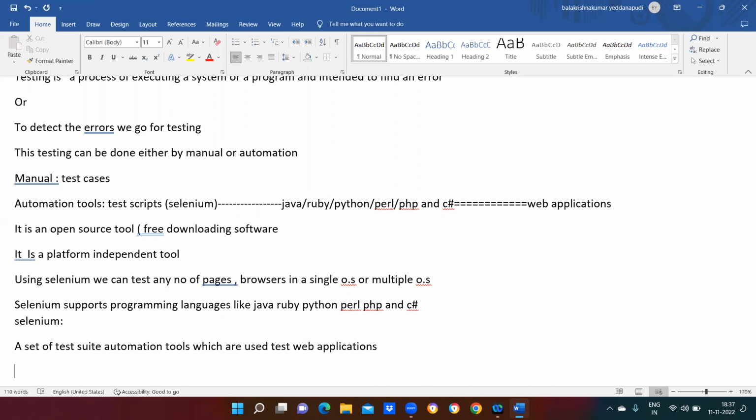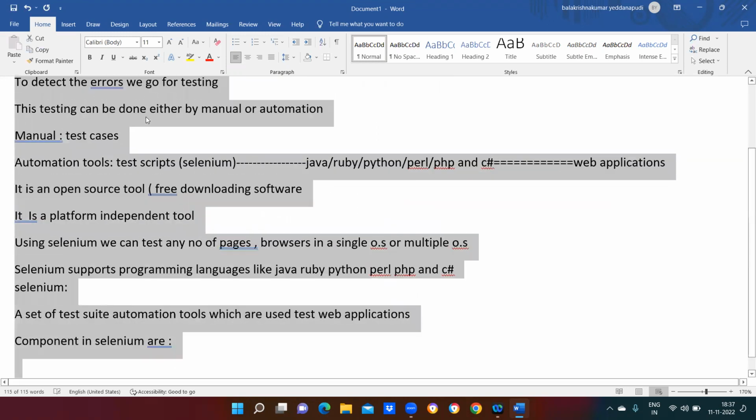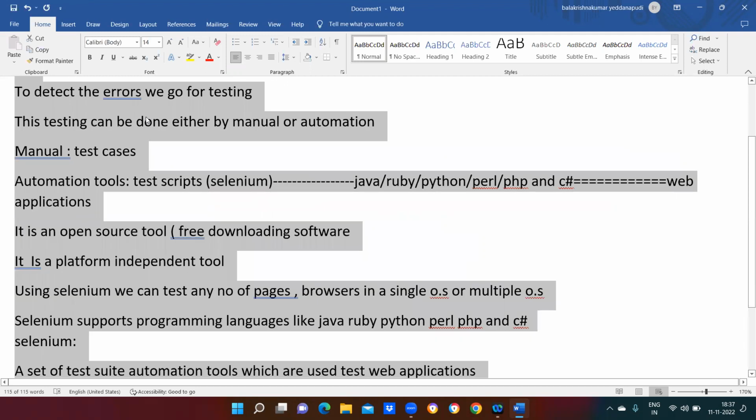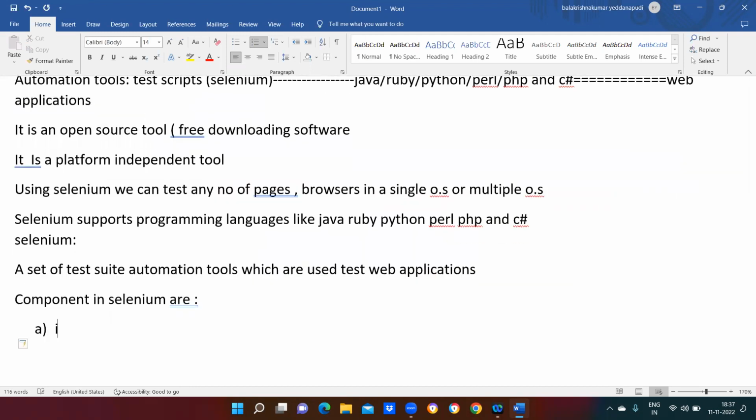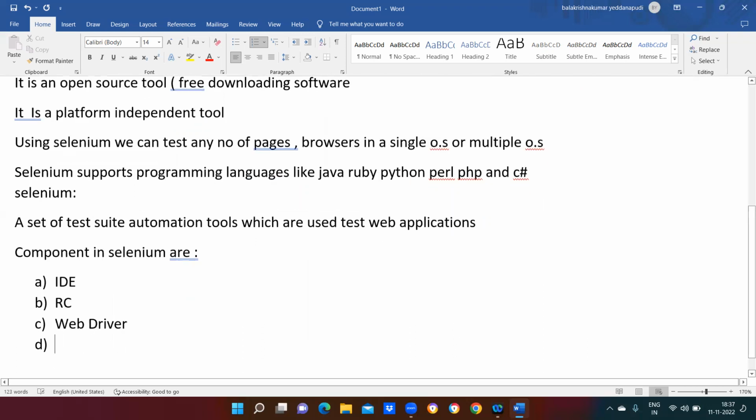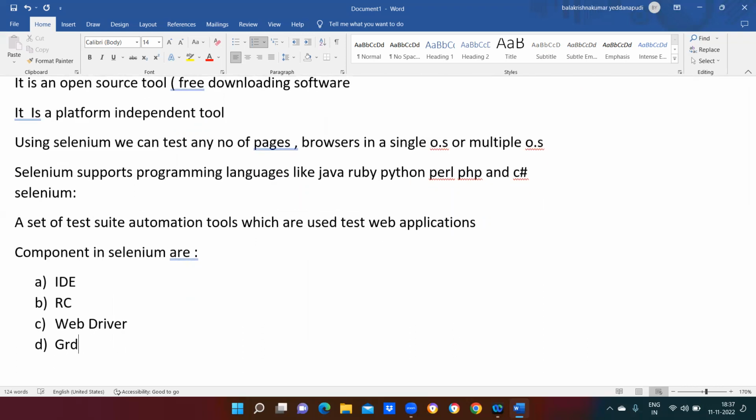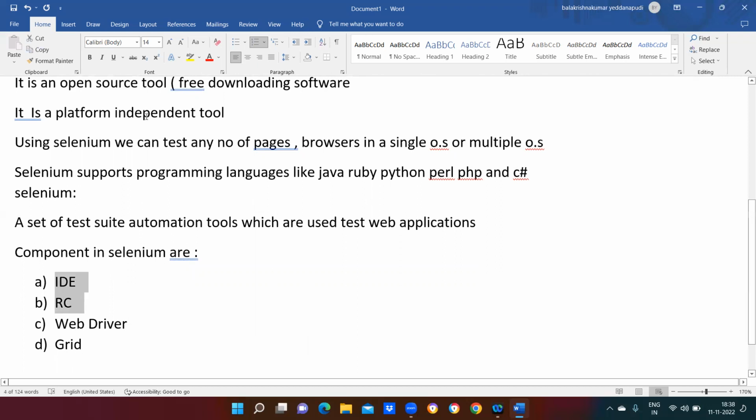Now, the components in Selenium are: IDE, which is called the integrated development environment; RC, which is the remote control; the third one is WebDriver; and the last one is called the Grid. These are the 4 components with which we are going to test your web applications. The first 2 components are